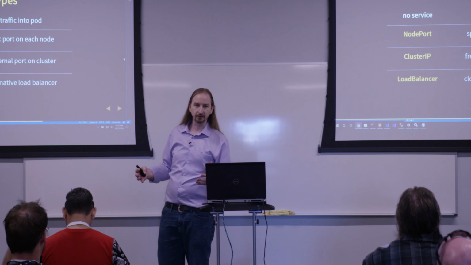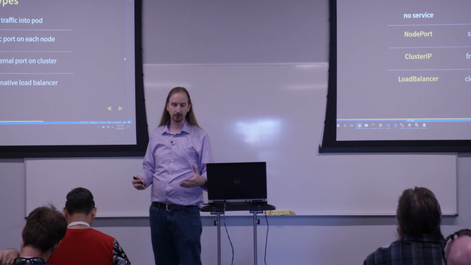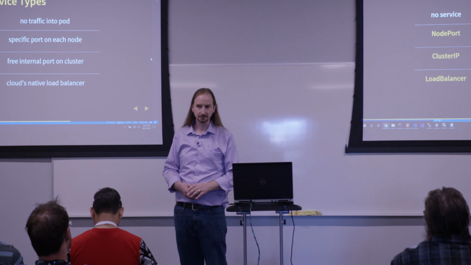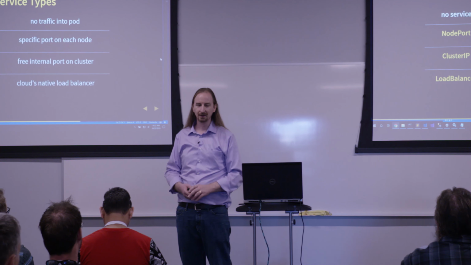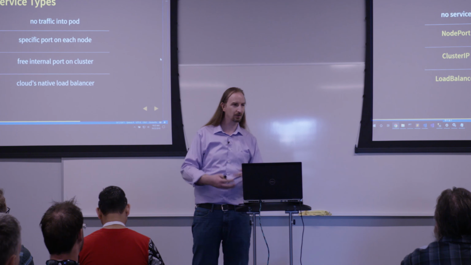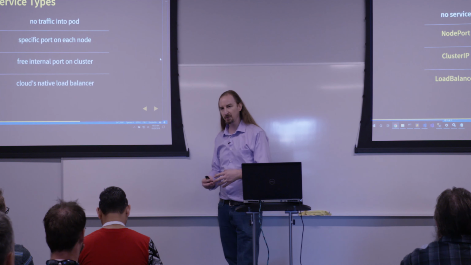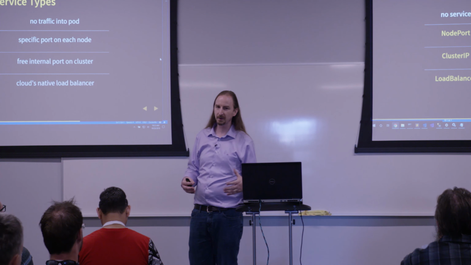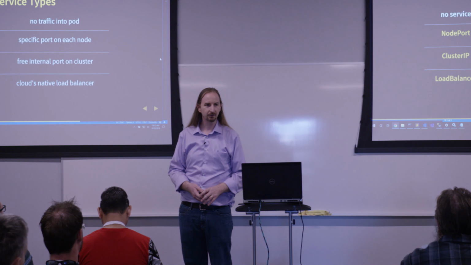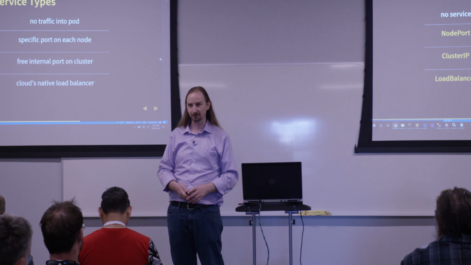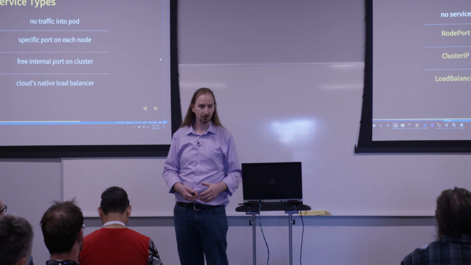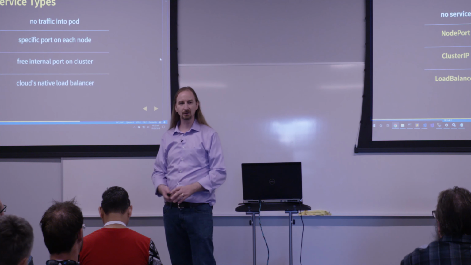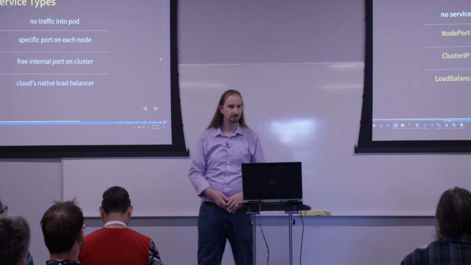Node port is that superset, and so I have one IP per node. It's a publicly exposed node, but it's on a port in the 30,000s generally. And so probably I'll consider that private if I have a good firewall around my cluster. Cluster IP, a superset is node port, and then a superset of that is load balancer, where it'll actually spin up a cloud-specific load balancer. If you're on Azure, you'll get an Azure load balancer. If you're on Amazon, you will get an EC2 load balancer. And that's really cool. I can now tie into all of the things about routing traffic into my application.